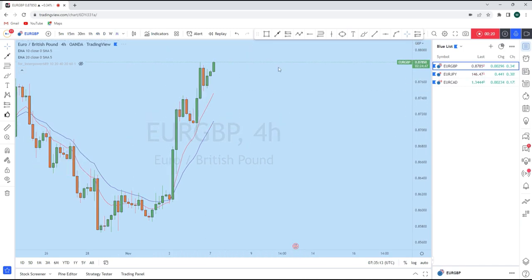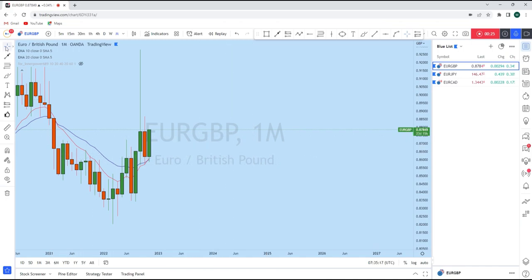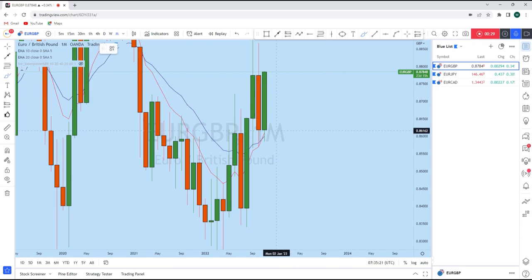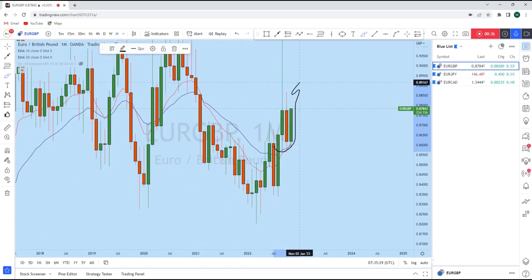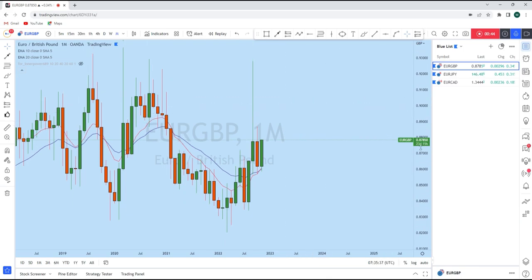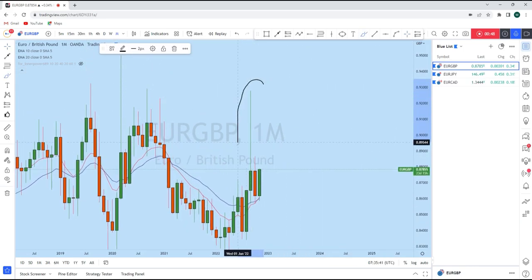price action. Starting first with the monthly time frame to see which way the market is heading. Euro GBP on this monthly time frame created a series of higher lows and then aggressively started to push up. This is a long-term bull market, and we could potentially see a further move on Euro GBP, as there was a long weak candle which has not been